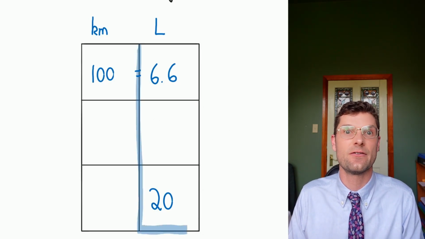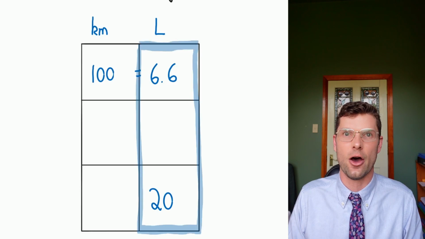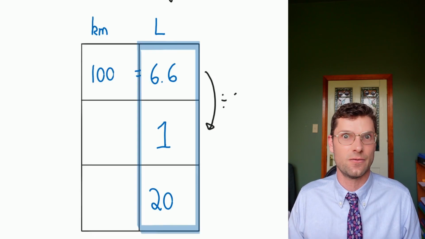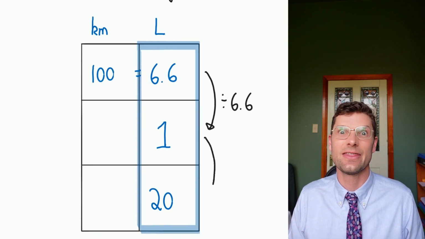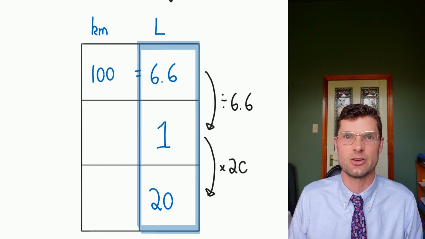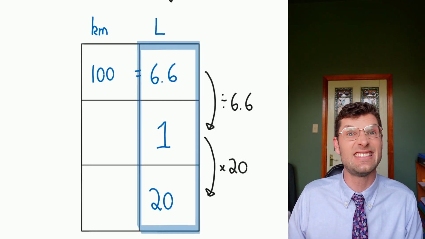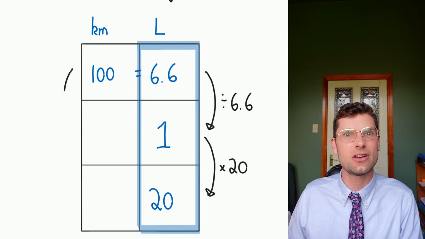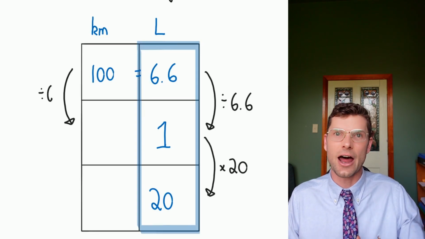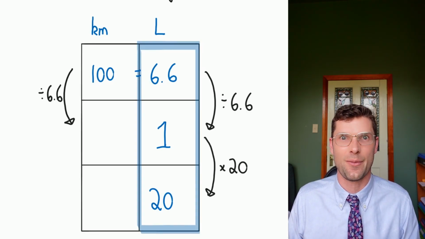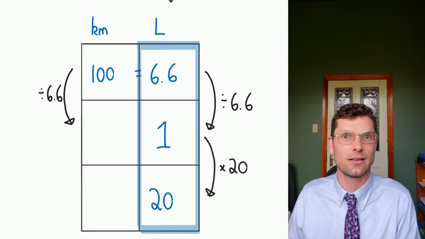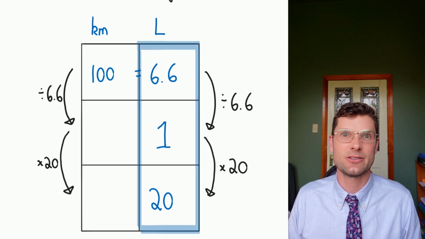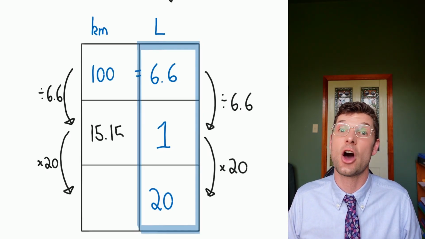So because I've got two bits of information on this side, this is where I'm going to start off. I've got to get to 1. So I'm dividing by 6.6. 6.6 divided by 6.6 is 1. Then I've got to turn that into a 20. So I'm going to multiply by 20. So again, once you've got the numbers in there, the maths is not too difficult. Because I've done this to one side of my proportion, I've got to do it to the other side as well. 100 divided by 6.6 is my first step. I would just leave the answer in your calculator and then do answer times 20, but we can write it out if you want. 100 divided by 6.6 is 15.15, and then times by 20 is